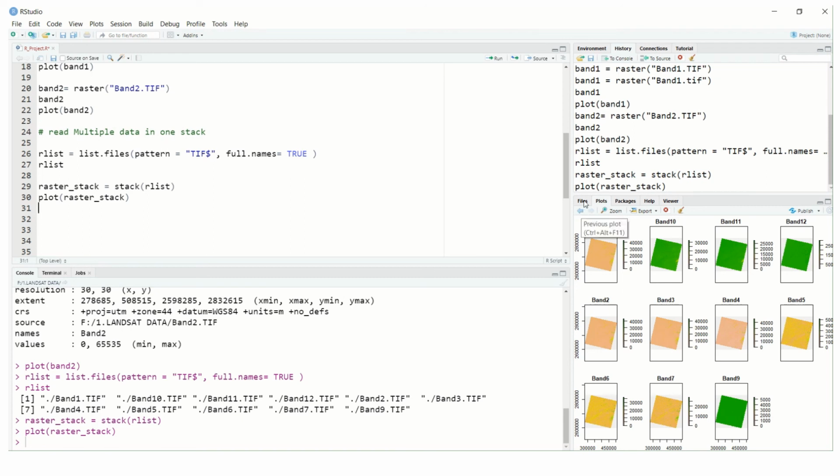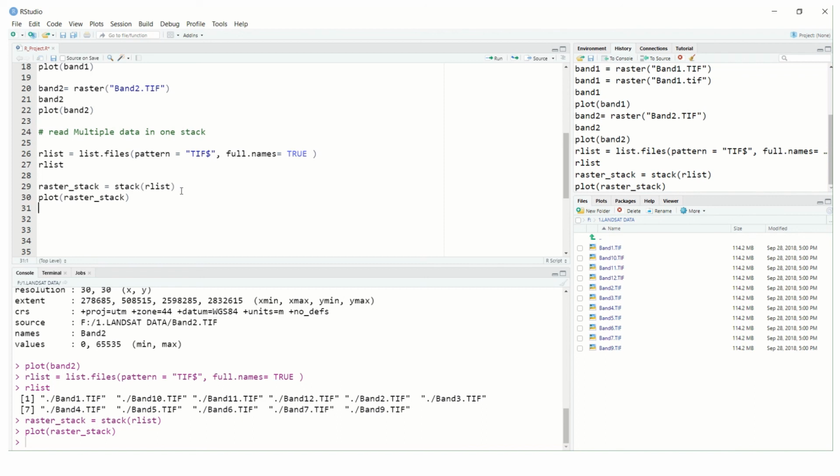But one more condition: if we are putting multiple files into a single set, the format of the bands, its quality should be the same, and the size of each band should be the same.